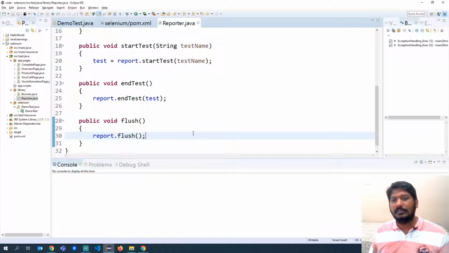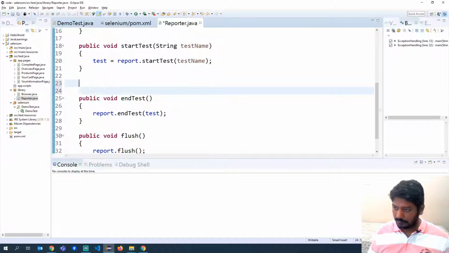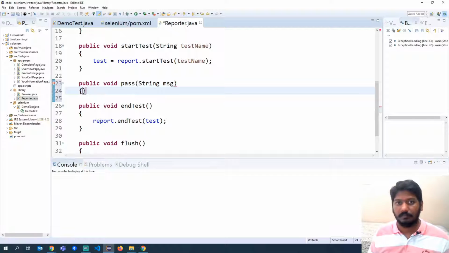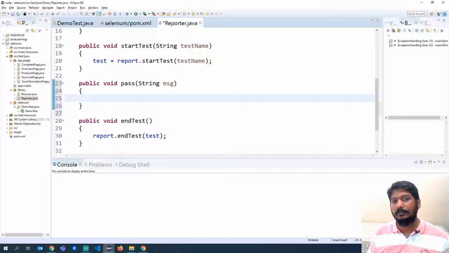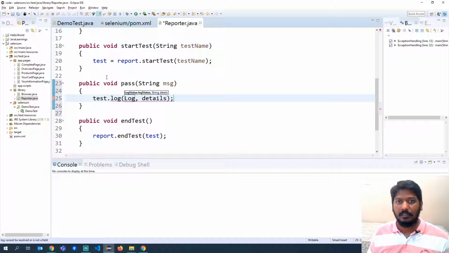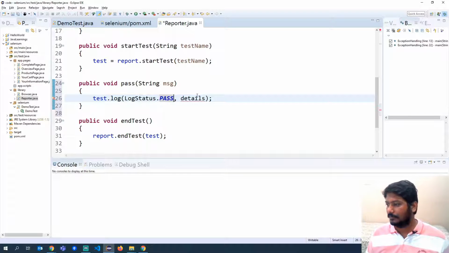But in each test, we have to also add some data to it, right? Whether the verification is passed or failed or whatever. For that, we will write a few more methods. Public void pass. So here I will say string, whatever message you want to show. What do you show here? Test dot log status dot pass, and then you will give the message.